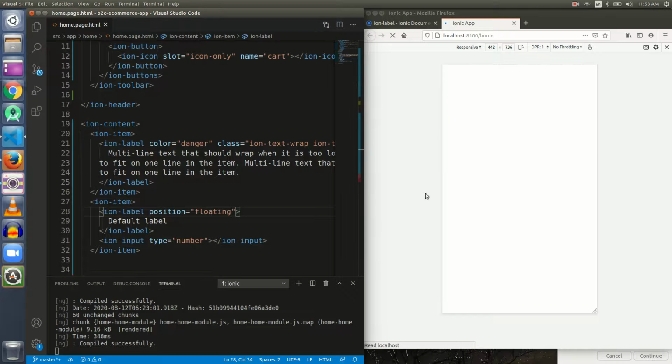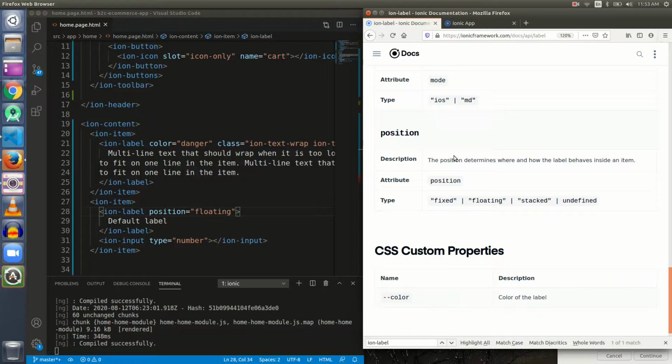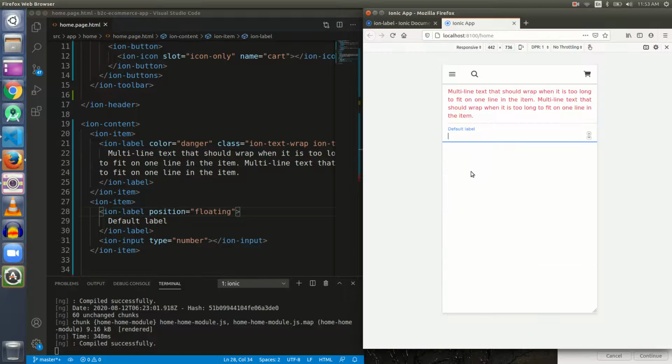Floating. So default label is here, and if I click here, it will just float above the input element. It's a good effect, animation, something like that. And if it just floats on the top, that is what it says in stacked. And what if it is stacked?